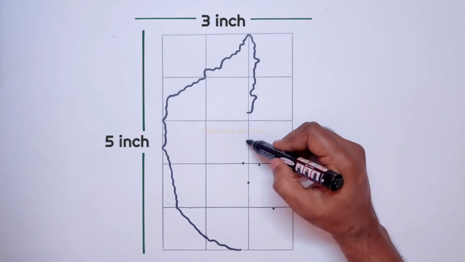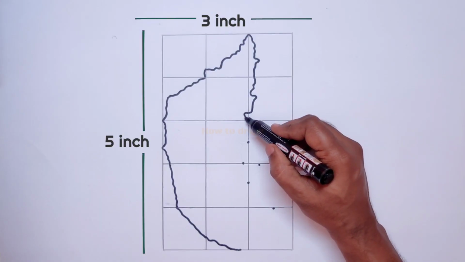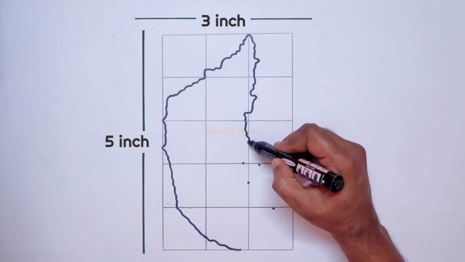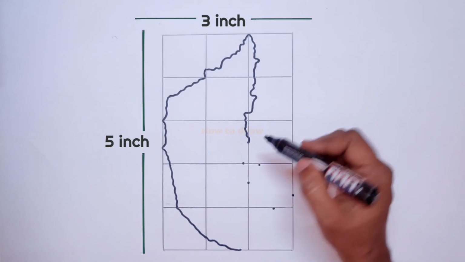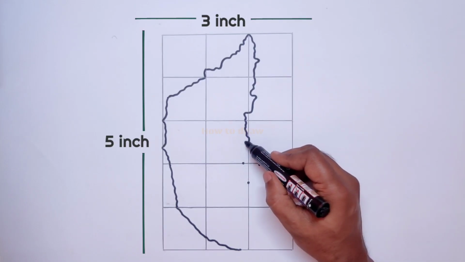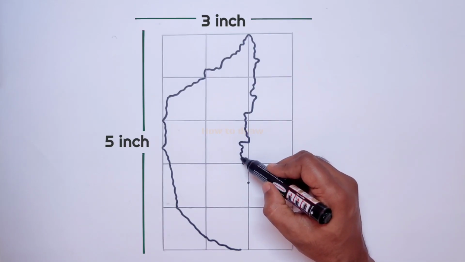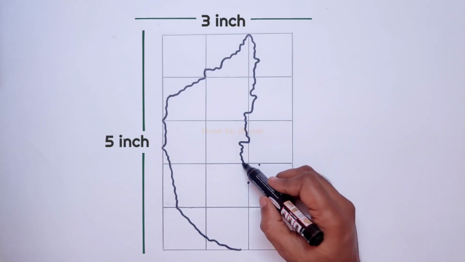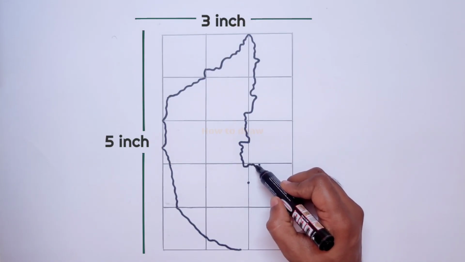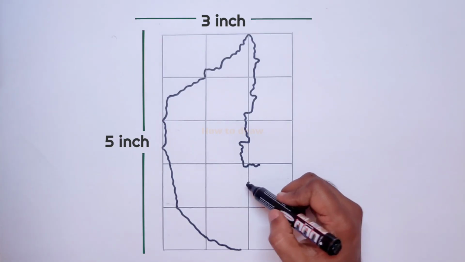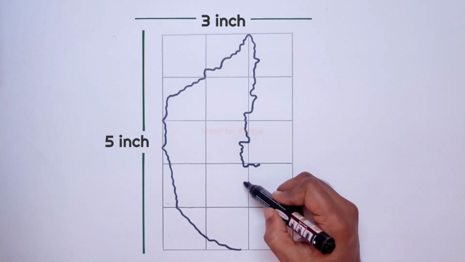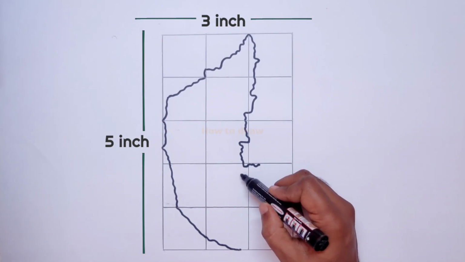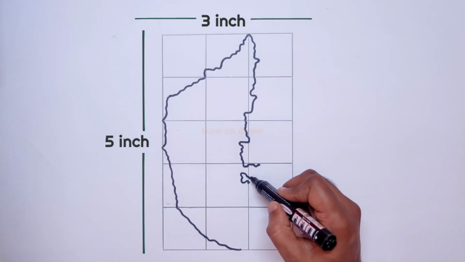After this we have to come a little inside. See, like this, from inside we have to join another point, and again we have to come inside, and we have to join this point here. At this point now we have to go and join the point to the right side, and up to here we have to make a curve like this inside this one. See, like this we have to make a curve, and we have to make a bump here.